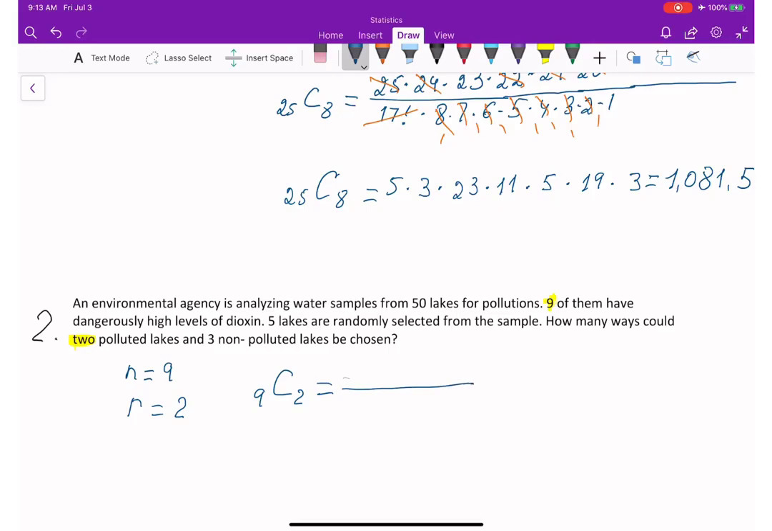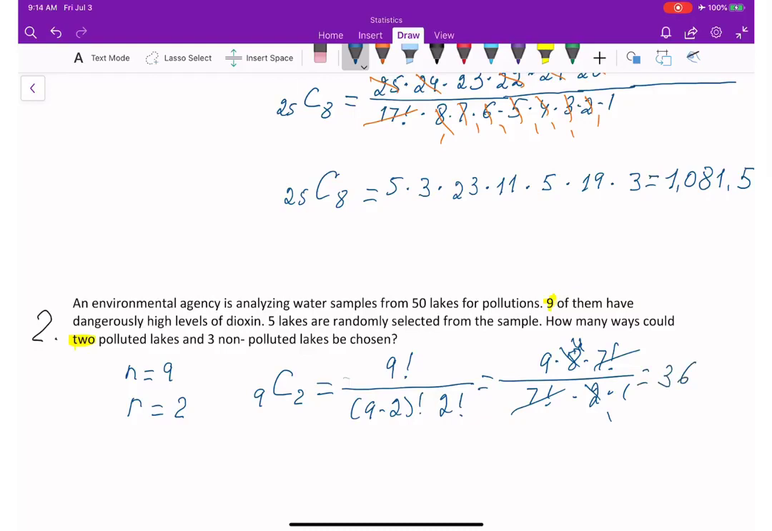is equal to 9 factorial over 9 minus 2 factorial and 2 factorial, which is equal to 9. Since I have 7 here, I'm going to open till 7, times 2 times 1. So 7 and 7 is gone. And 8 and 2, this is 1, this is 4. 9 times 4 is 36. 36 combinations